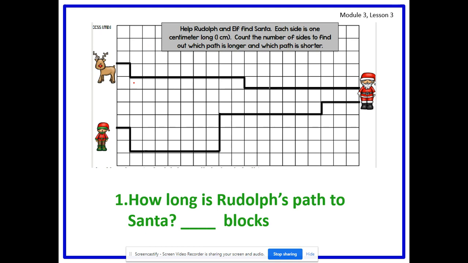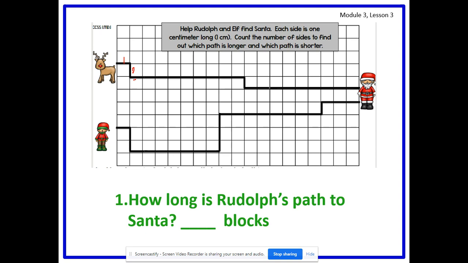Ready? So you're going to count with me. And then when I ask you the question, you're going to write it on your whiteboard. And when I say go, you're going to pick it up so that you can show your answer. Ready? First, let's count the path from Rudolph to Santa. Your markers and your pencils are still parked, and you're counting with me. Ready? From here to here is 1,